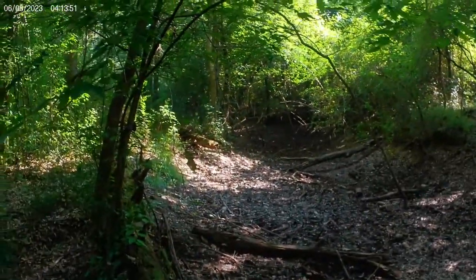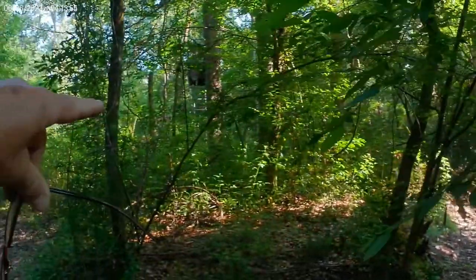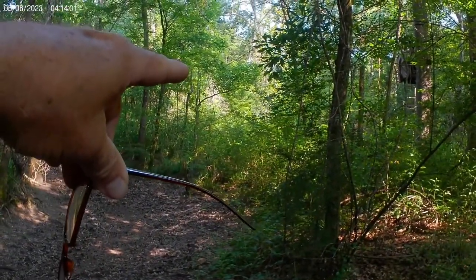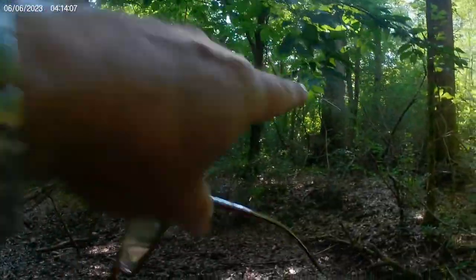So it comes from back there and turns and goes back. And then up there it turns and goes back. If you can see my finger, to go back this way. And it'll end up in there going toward the main road. The creek being through those bushes that way,